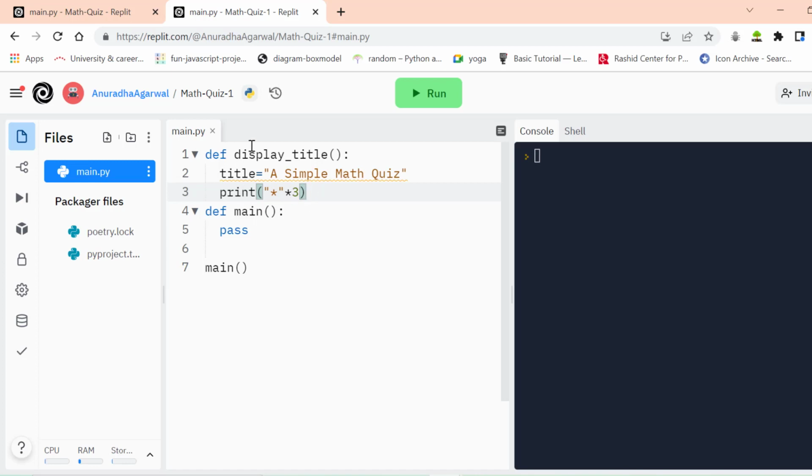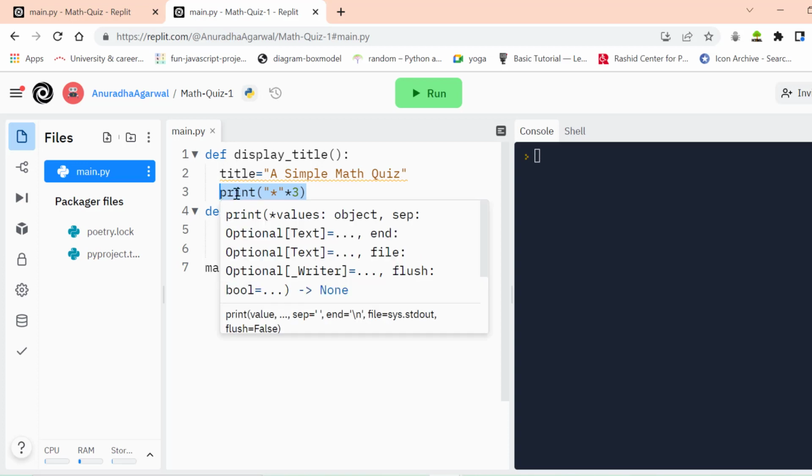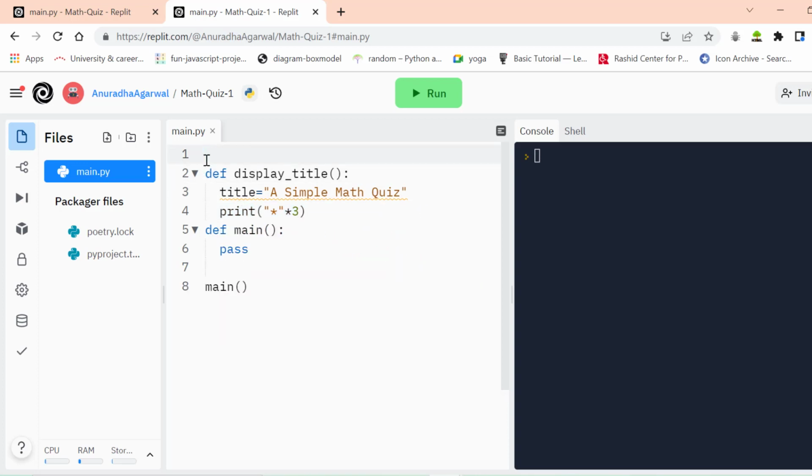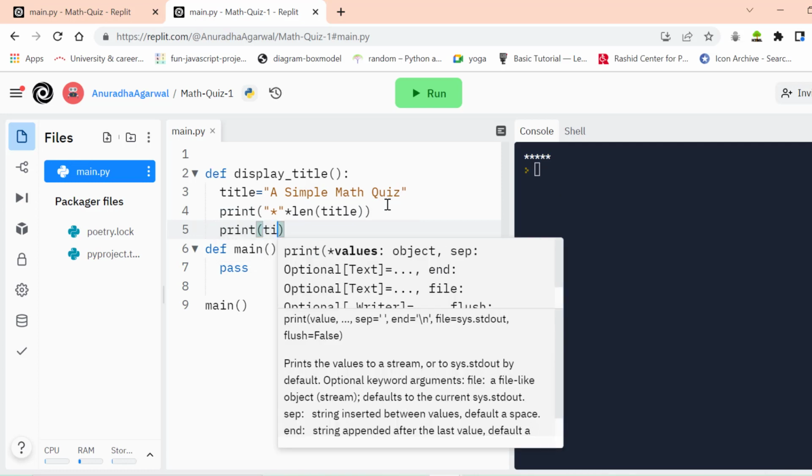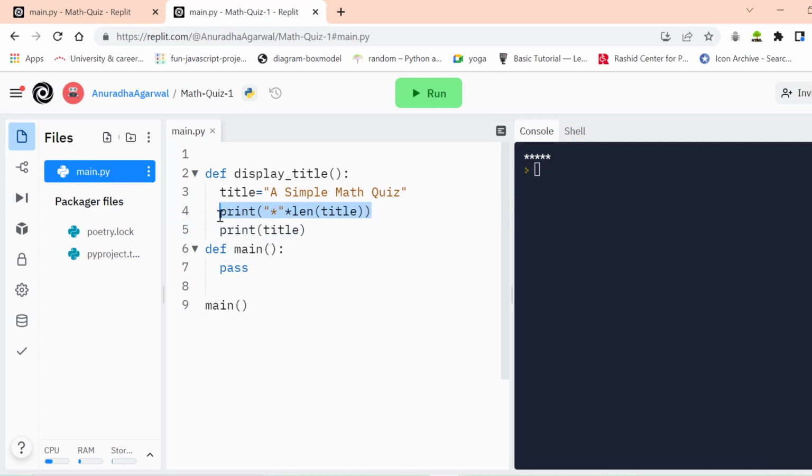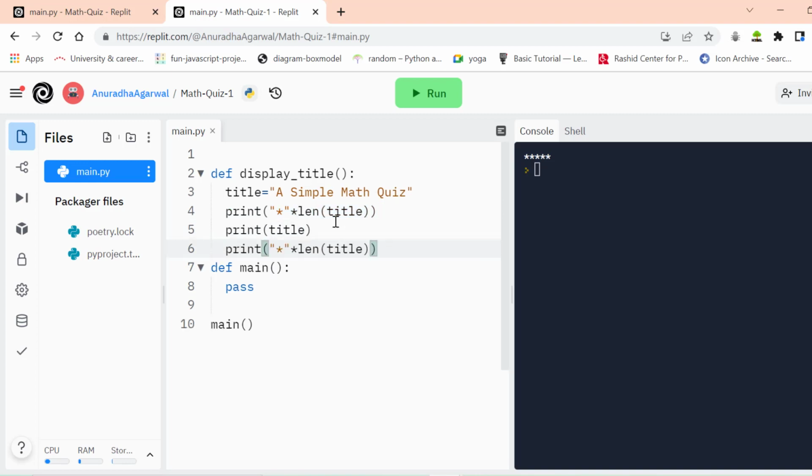Let me just show you outside the function. If I multiply asterisk by 3, I'll get 3 stars. If I multiply it by 5, I'll get 5 stars, right? But I want asterisks equal to the number of characters in the title. So I'll multiply it with the length of title. And then I'll print my title over here, and I'll multiply it again with the length, right? And now I'll call this function